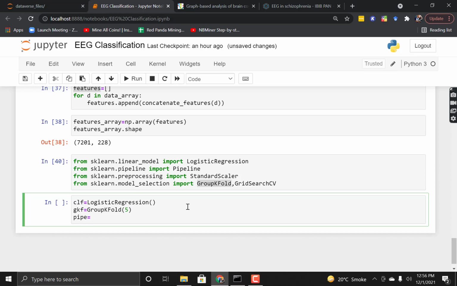Pipe is equal to Pipeline, and the first step in the pipeline is scaling the data, so I will define scaler, which is StandardScaler. The next thing in the pipeline is the classifier, CLF, which is the logistic regression.